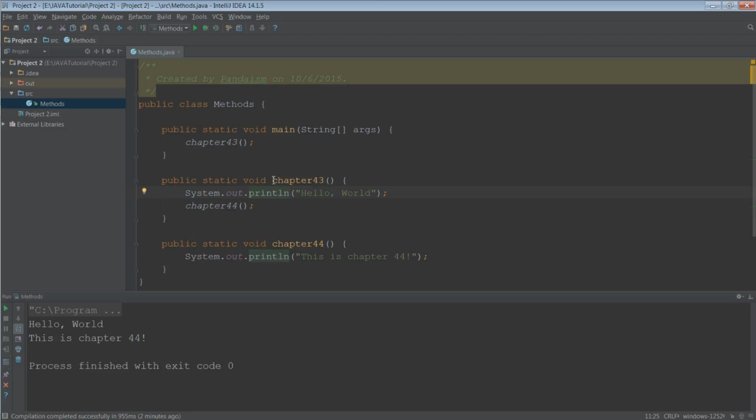So basically, a method can be called by doing something like this, and a method can be declared by something like this. Like I said during the last episode, during this episode we'll be going over something called